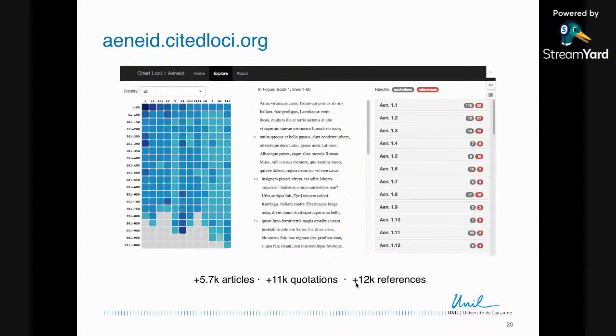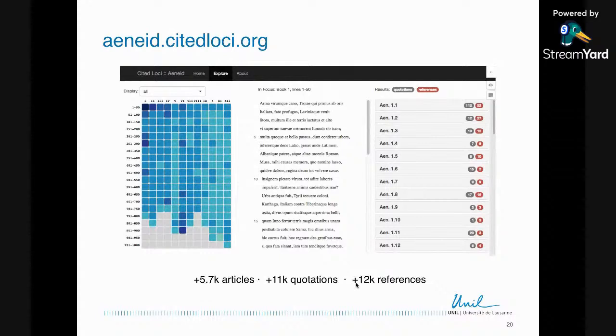And what we developed, to give an idea of what it would be like to browse the information in this way, is this interface that essentially combines different levels of reading. You have a form of distant reading on the left, and two forms of close reading of different types of literature. You have the focus on the text of the N8 in the middle, and a map of quotations and references on the left side that you can use to navigate.